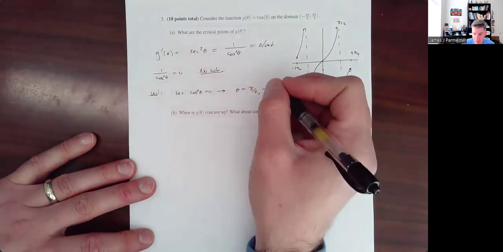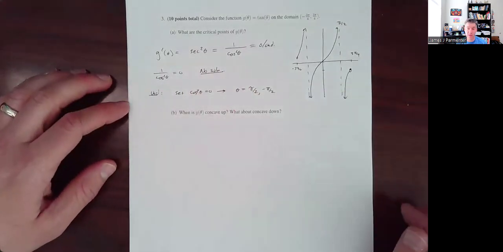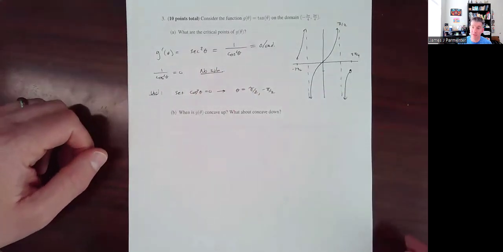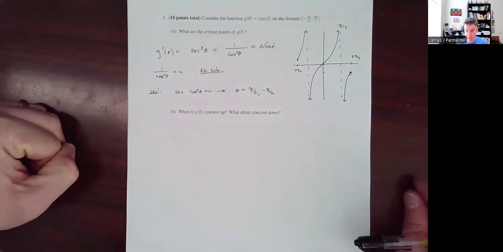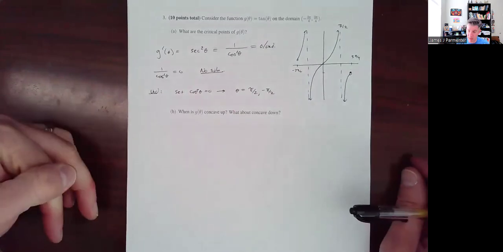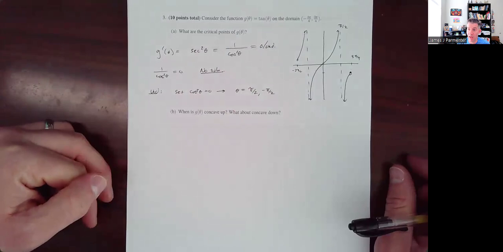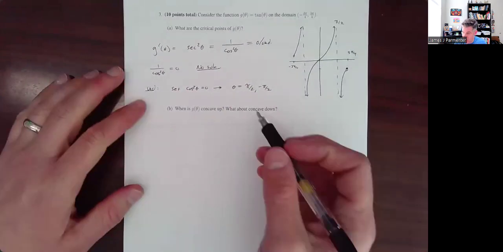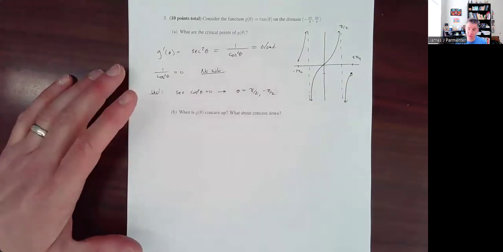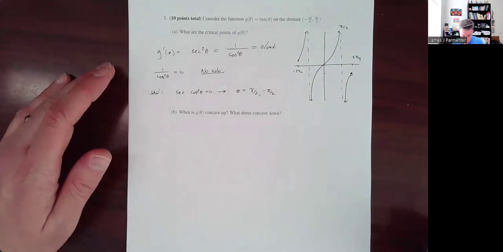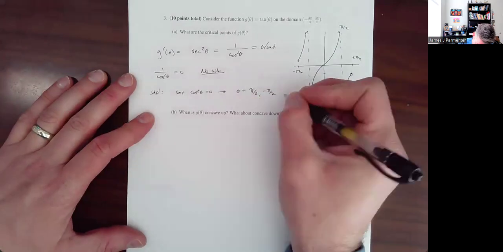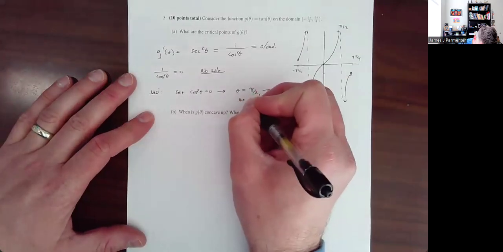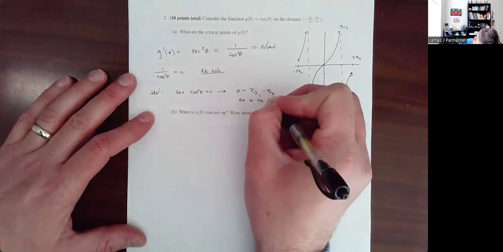Now, in my opinion, the correct answer to this, no, not my opinion, the correct answer to this question is that there are no critical values, or critical points, because to be a critical point of a function, you have to be a value in the domain of the function. These are not. And then the derivative has to either be 0 or undefined there. So in my opinion, since these are not in the domain of g of theta,